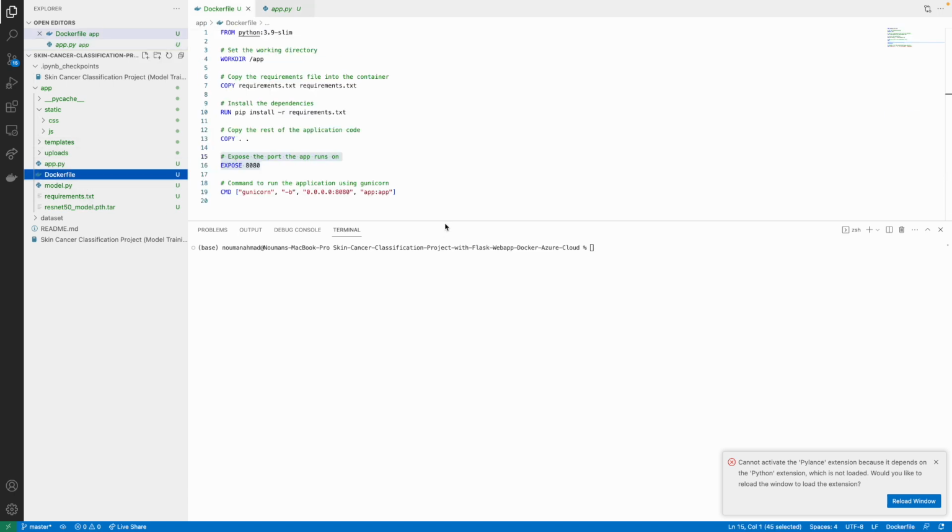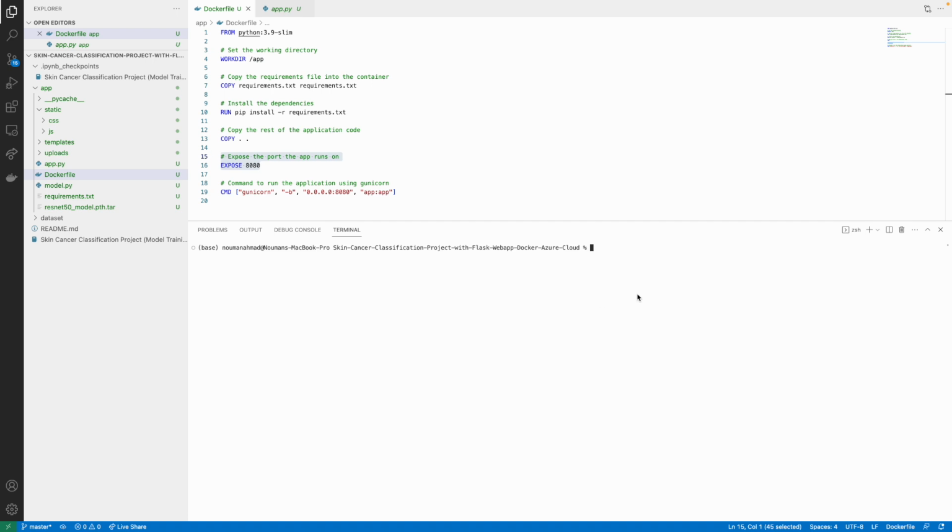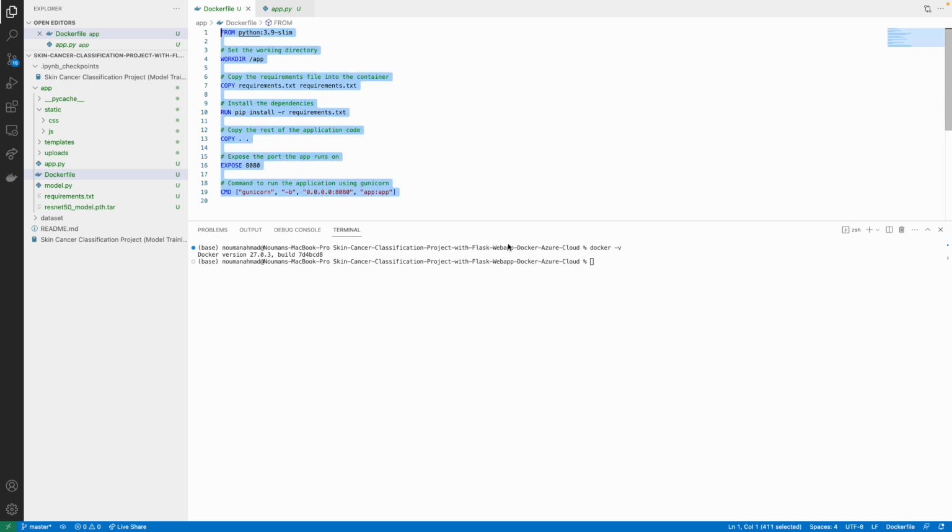Once you have this, make sure you have Docker installed here. I did. After that you just need to check the Docker version. You can see I have it installed. If you install Docker locally, you will get this version also, otherwise you need to install it. Once you have Docker and you have defined the Dockerfile, what you need to do is